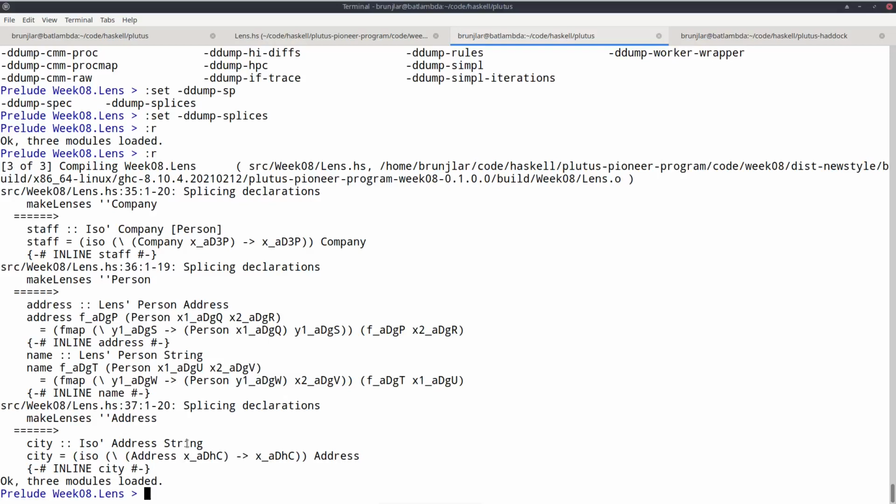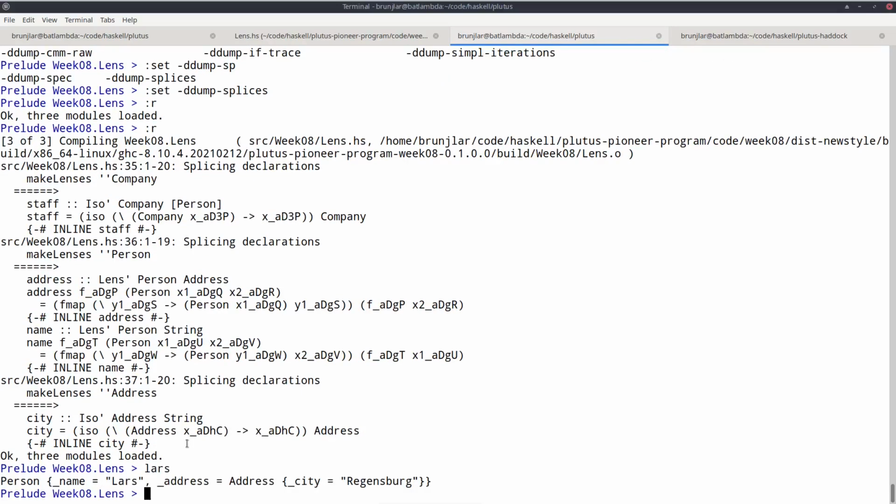And we can try these out. So if we take, for example, Lars, and want to use the name lens, one way is to just look at the result of zooming in. So I can do Lars and then use one of these funny operators provided by the lens library. That's this caret dot. And then one of the lenses.